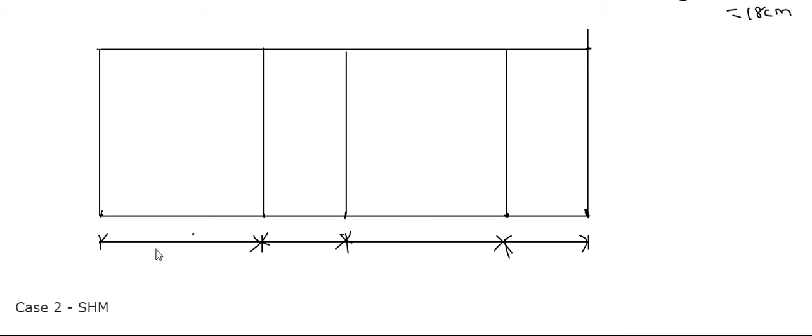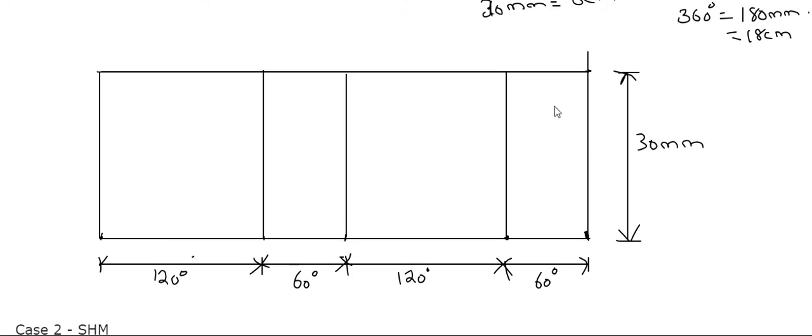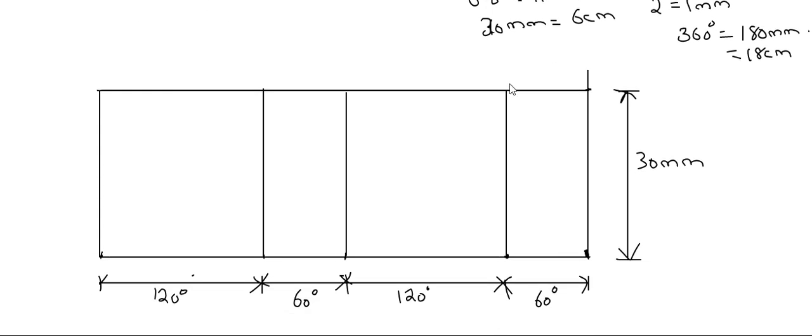So this is 120 degree, 60 degree, 60 degree, and also the vertical direction 30 mm. You should write the original dimensions. Now to draw the velocity diagram, sorry, to draw the displacement diagram, we need to divide this outstroke and return